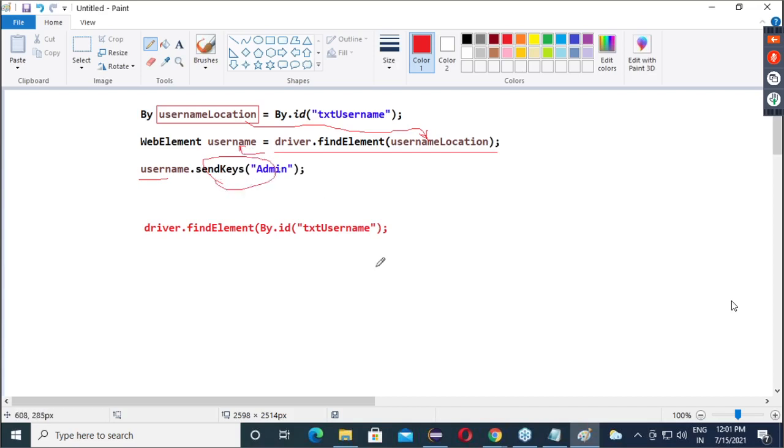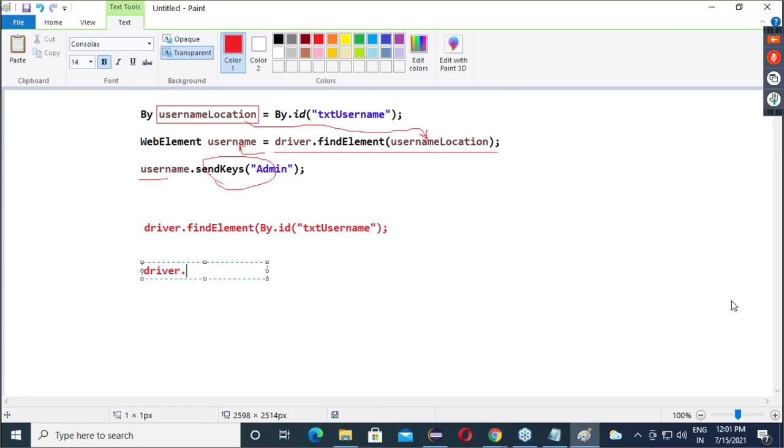So instead of this, can we make the same code like this? driver.findElement By.id, here txtUsername, same case whatever it is, and here we will give Admin.